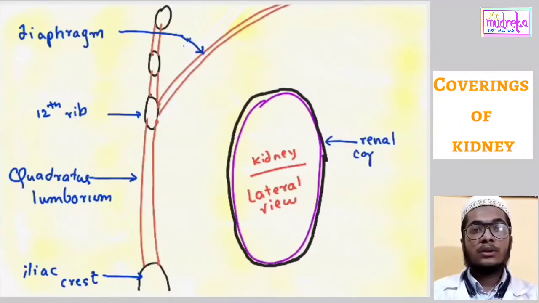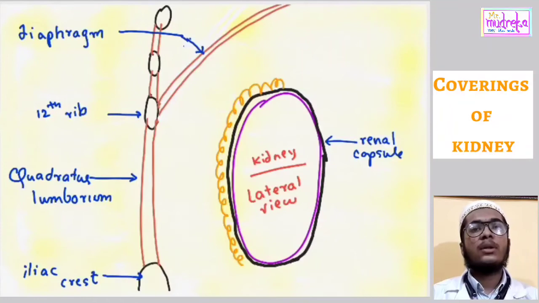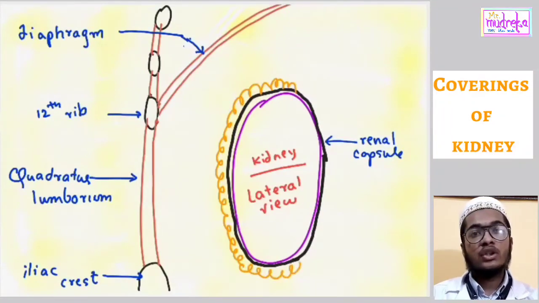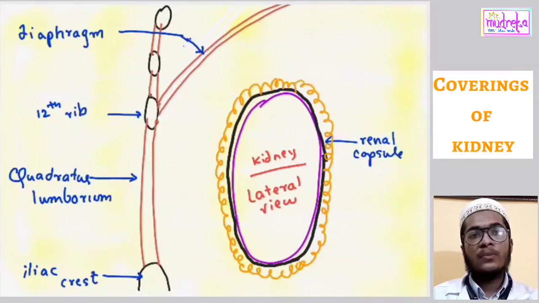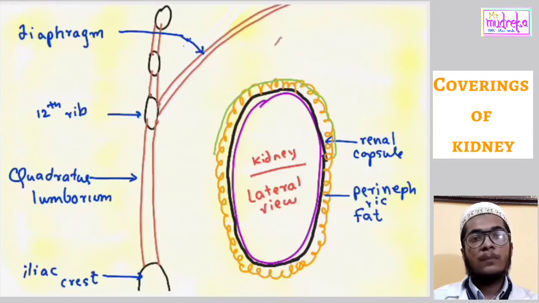Now an important structure, that is the renal fascia, whose another name is false capsule or fascia of Gerota. It is a fibroareolar sheath which surrounds the kidney and perirenal fat. It consists of the following two layers: an ill-defined anterior layer, that is the fascia of Toldt, and a well-defined posterior layer, which is the fascia of Zuckerkandl.